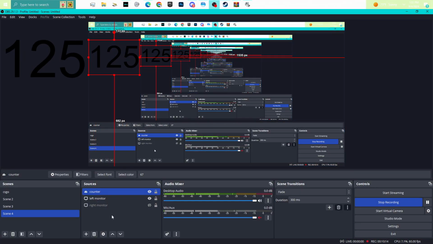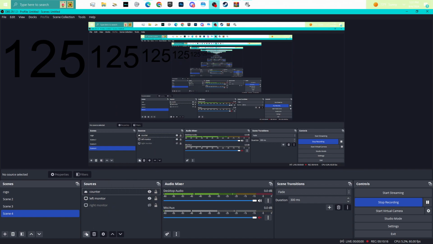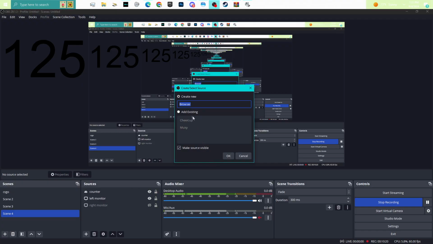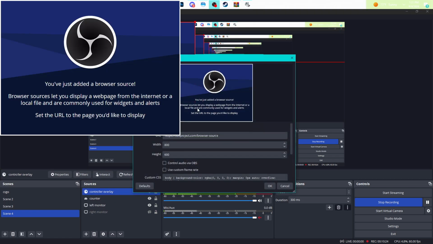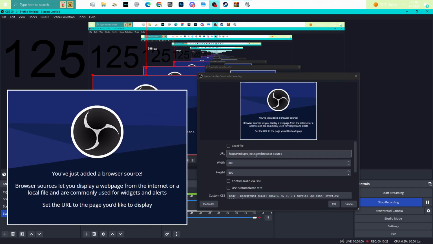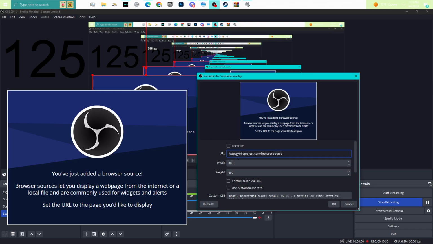Now you want to right-click in your sources, or you can click the plus, and you want to add a browser. You hit that, you title that whatever you want, controller overlay. By default, it just shows a random browser source. What you can do now is change the URL, copy, delete it, put your other one in, and when you click OK,